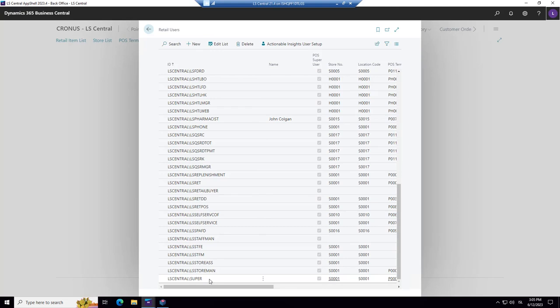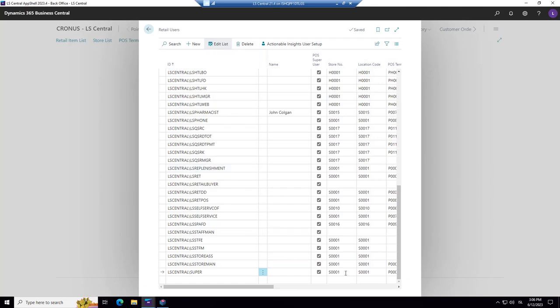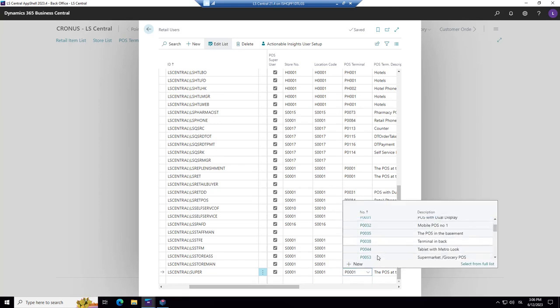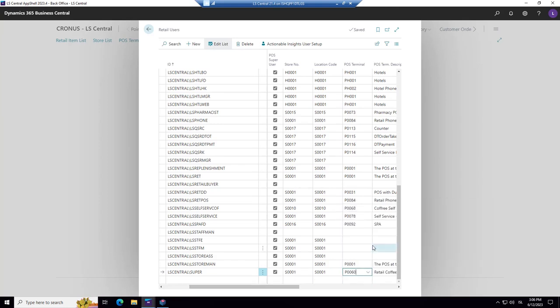It's the bottom line, and we need to edit the list. Here we're going to change this. It's still S0001, but we're going to change it to another terminal, the number 60, P0060.